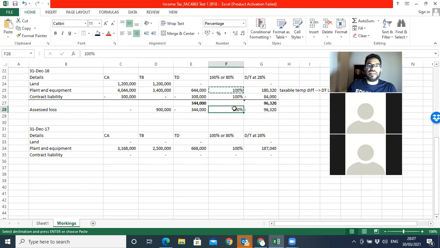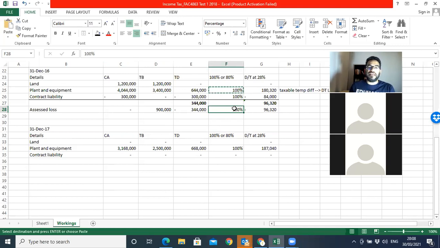The recognition criteria says that future economic benefits can be measured reliably, and it is probable that you will receive those future economic benefits. So with a deferred tax asset, before you can recognize it on the statement of financial position, it needs to meet